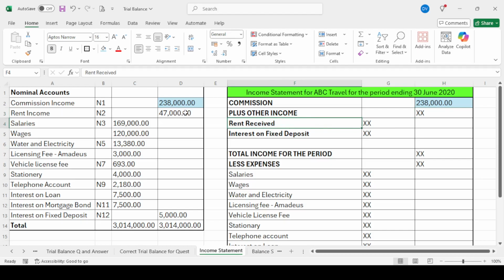Rent income, which is our 47,000. And the other thing is interest on a fixed deposit. On your nominal account section, your interest on the fixed deposit was 5,000 Rand. You put your two values in where they belong.